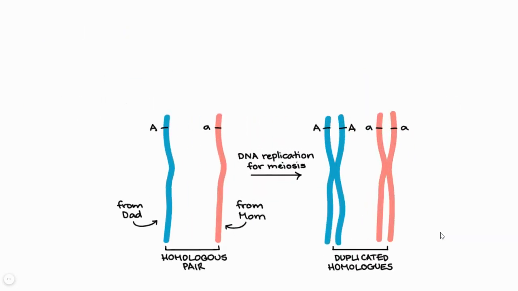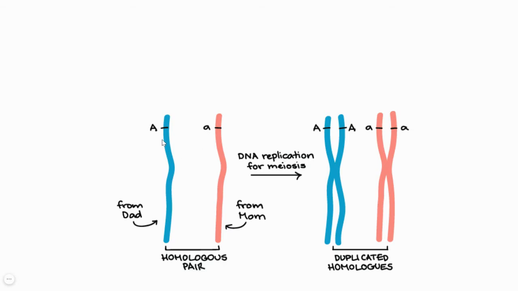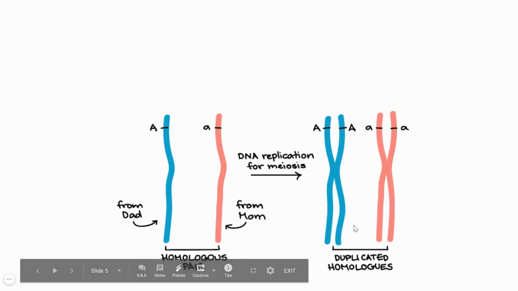So let's look at this case where we are just looking at gene A. Now, the chromosome on the left side of the image has to undergo DNA replication before it starts meiosis. So let's say this blue chromosome and this pink one are homologues. When they undergo S phase, they will form duplicates of each other, but these are sister chromatids and they are still a part of the same chromosome. So this is a homologous pair in non-duplicated form. This is after S phase.